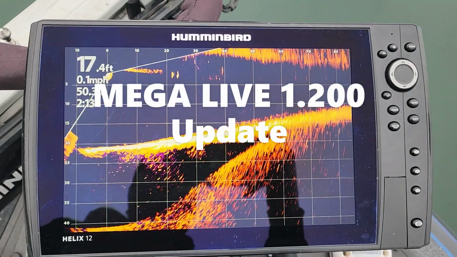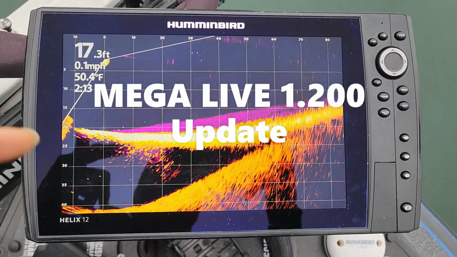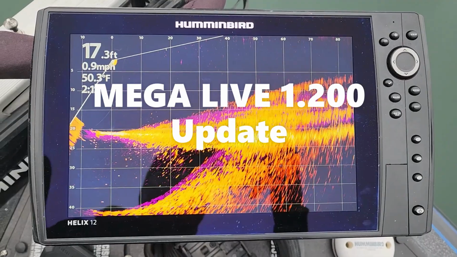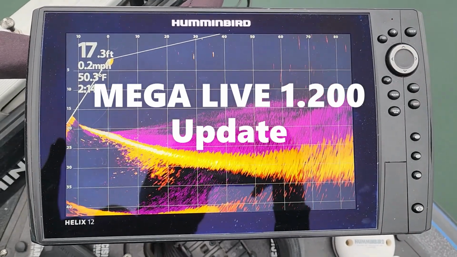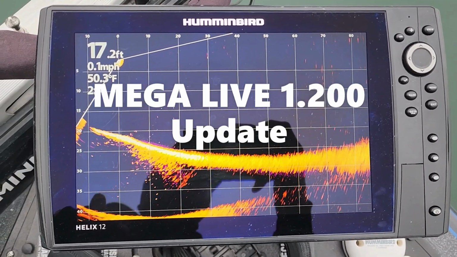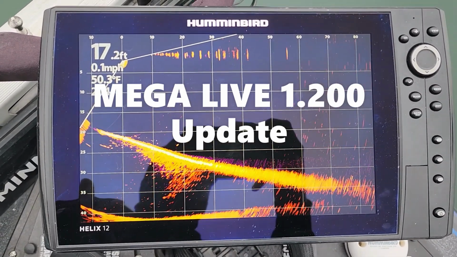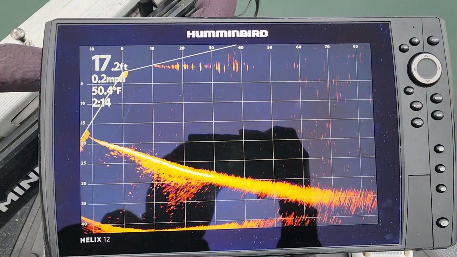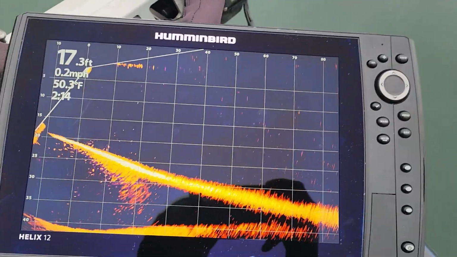All right, let's go ahead and take a look at my Mega Live settings. Then what I like to do before I do any updates is go through and look at the settings for pretty much all of the other screens that I have. So this is something that you guys might want to take note of and start doing yourself, as far as going in and taking a picture before you do your updates and change these settings,